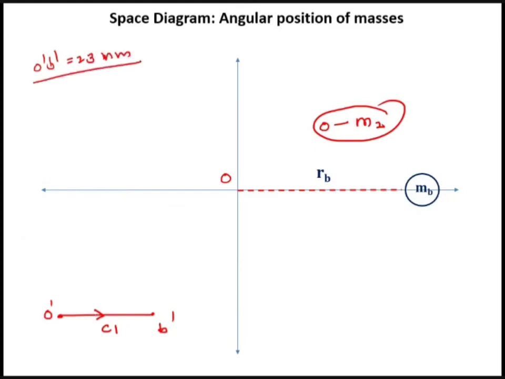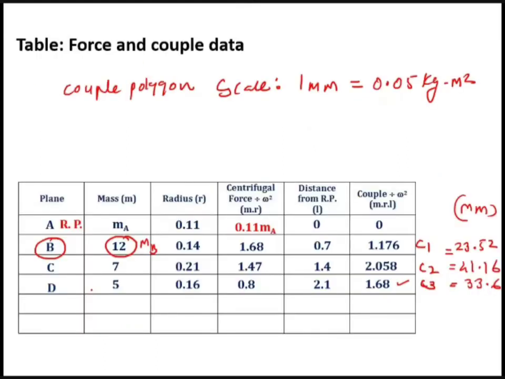Okay, now next, what will you do now? What is C2? Now this is the first one. Always go in order. Try to understand, you have to follow the order. So this is the first, this is the second, and this is the third. Now what is the first? First is nothing but the 2.08. Now 2.05. What is the length of this couple C2? 2.05 divided by 0.05. That is 41.616. And what is the length of this C3? 33.6.